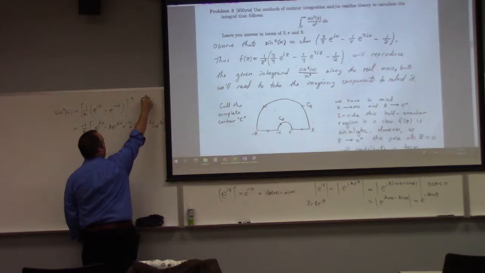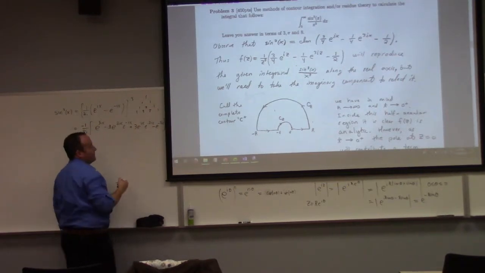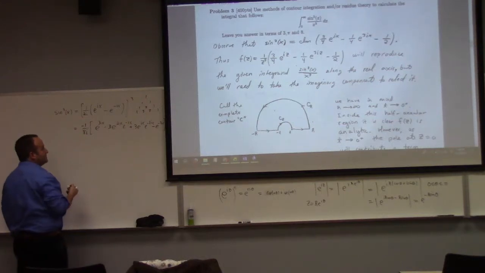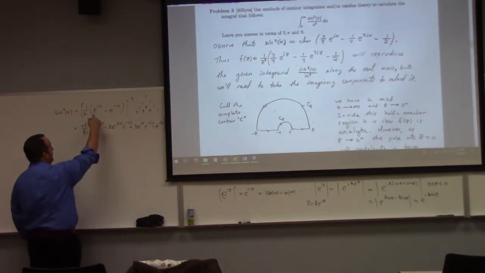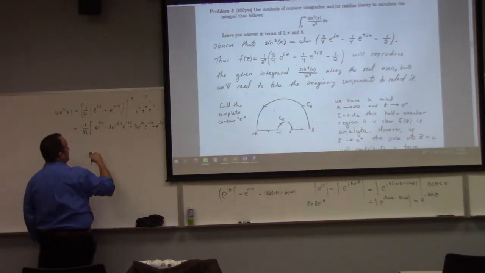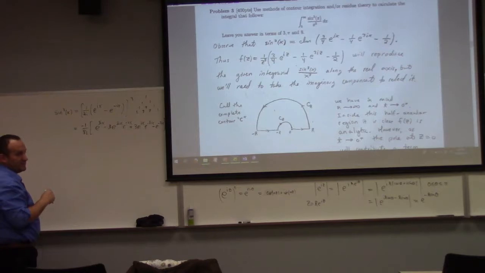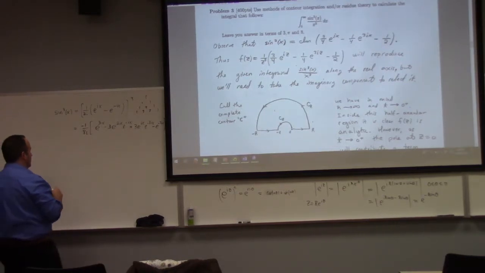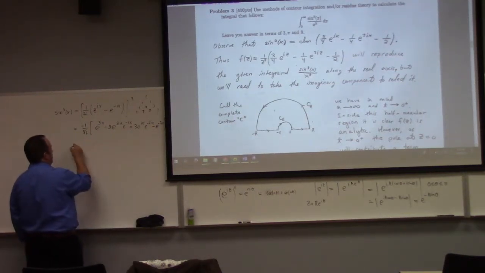Using the binomial theorem. Thinking of A as being e to the ix and B as being minus e to the minus ix, so I get like an alternating plus minus with a B. It's like B, and then B squared is plus, and then B cubed is minus again. Anyway, clean that up, what do we got?